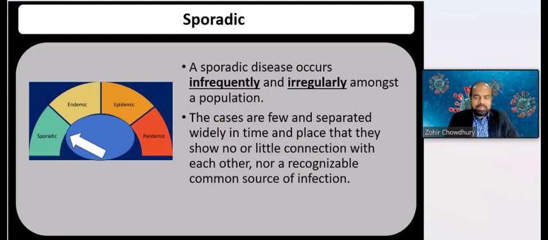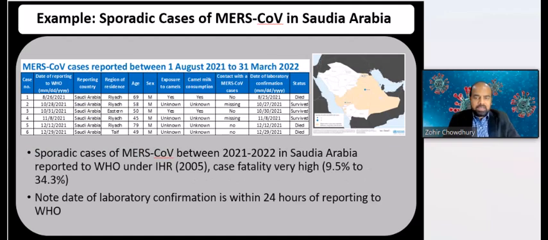So a sporadic disease occurs infrequently and irregularly amongst a population. The cases are few and separated widely in time and place, that they show no or little connection with each other, nor a recognizable common source of infection. However, a sporadic disease could be the starting point of an epidemic when conditions are favorable for its spread, so we need to be careful. Here is an example